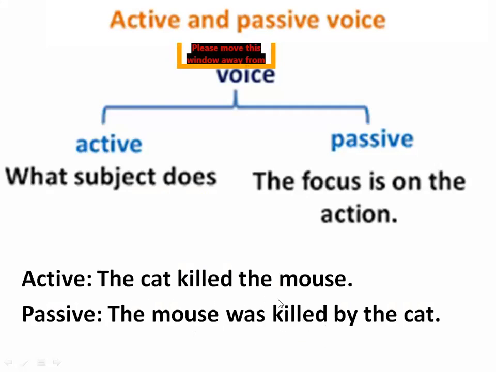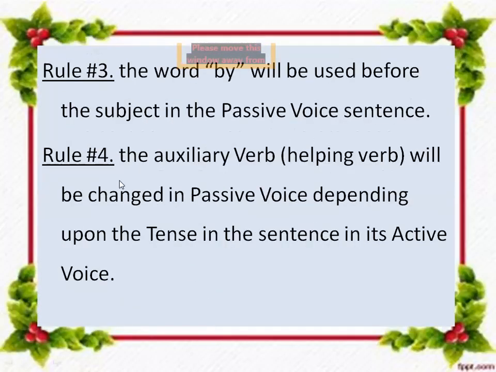Okay, we have converted subject and object. The cat was the subject, it is coming at the last, and the mouse is the object. We are using it as a subject, which is the first part of the sentence. So we have already reversed the sentence structure, first rule, and the second one is we have used third form here. Okay, now come to rule number 3.